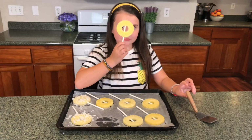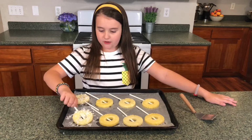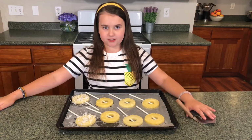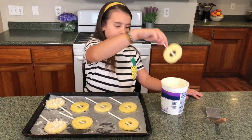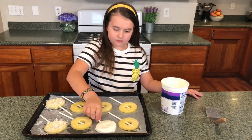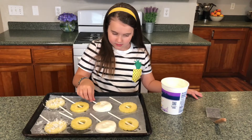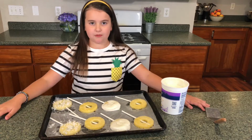And look! If you want coconut, it's already done. If you want plain, it's already done. But we need to make other two flavors. For the yogurt one, we're just going to take one and dip it in. Ta-da! Now put this back in the freezer when you melt your chocolate chips, so that way the yogurt can